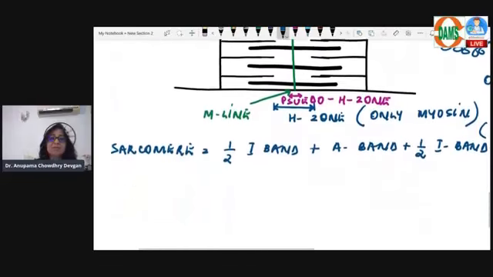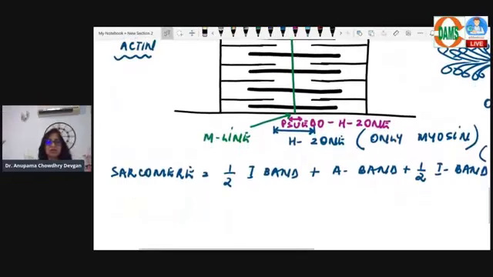Now see what happens during a muscle contraction. During a muscle contraction, the two Z lines will come closer together. So what will happen is the I band slides into the A band, right? During a muscle contraction,